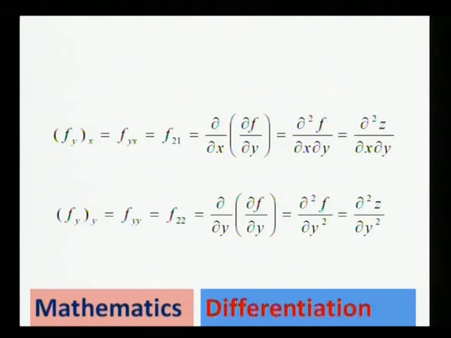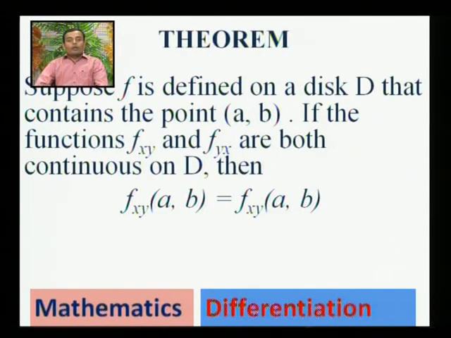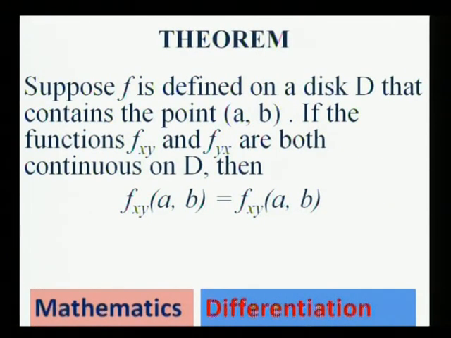Now similarly, if we are having the partial derivative with respect to y, then its partial derivative with respect to x is fyx or f21, and if we are having the partial derivative with respect to y, then its partial derivative with respect to y, that is fyy, is also denoted by f22, and these are some notations for the second order partial derivatives or second partial derivatives. Now suppose f is defined on